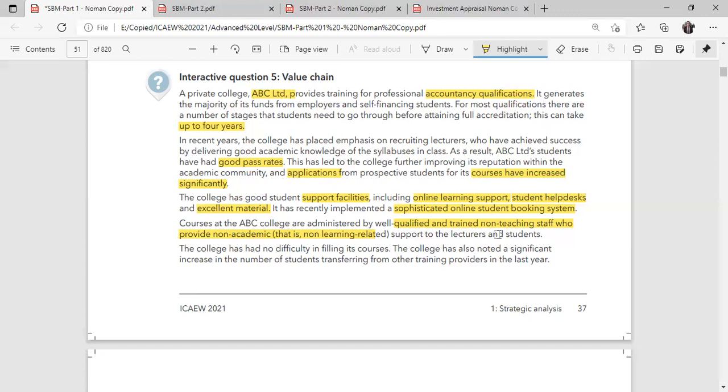If we talk about outbound logistics, outbound means something that is out. That's why it is called outbound logistics. So in outbound logistics, that is basically providing the material, access to online learning, because someone who is outside your organization is also joining your courses. Lecture style, that is basically your outbound logistics.